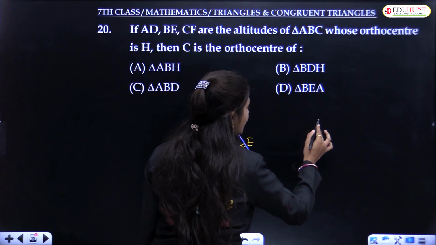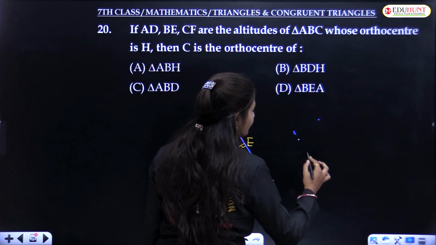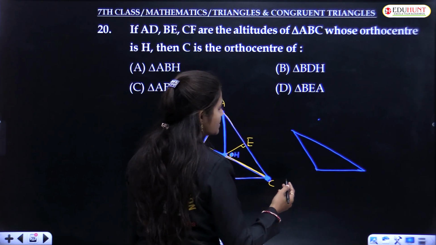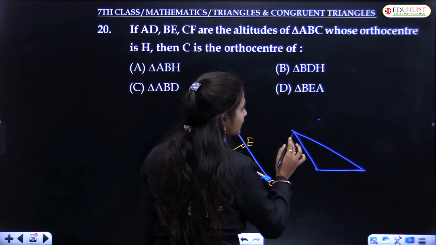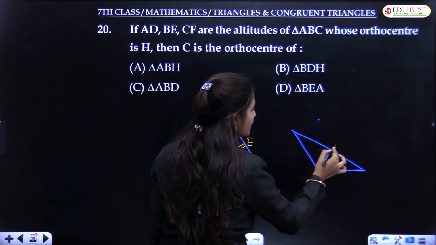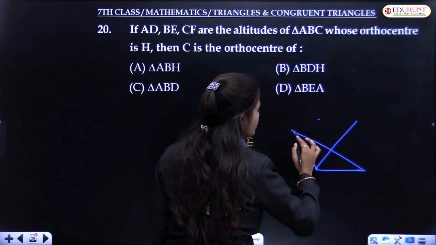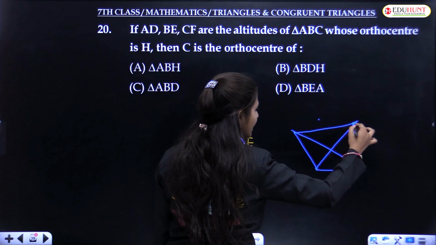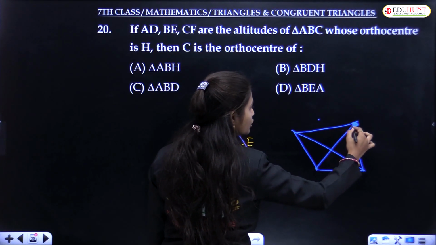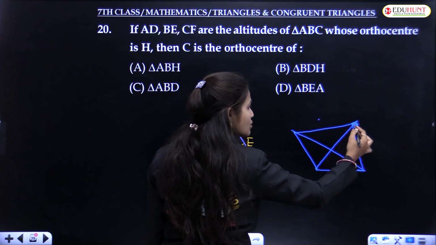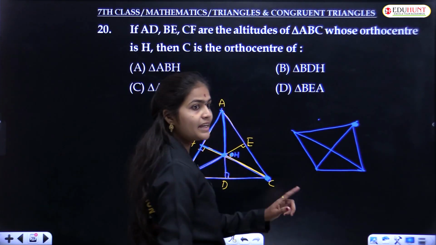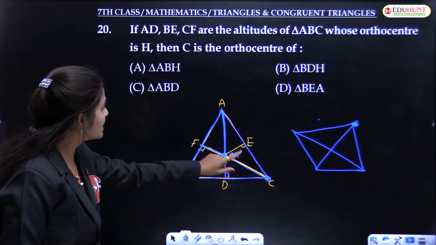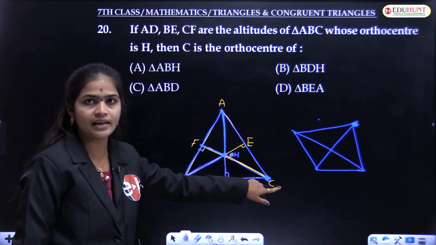Why? Because in an obtuse angled triangle, or any other triangle, here we can observe that. So this is one of the triangles. Here we can draw the orthocenter at the outside also, no? So through this vertex we can draw like this also, and from this vertex we can draw like this. So these 3 altitudes meet at this point. So here the orthocenter will be formed outside of the triangle. So by using that concept here, C is formed outside of the triangle only.